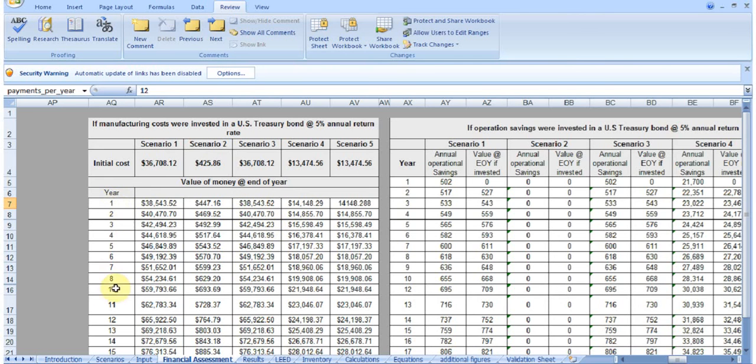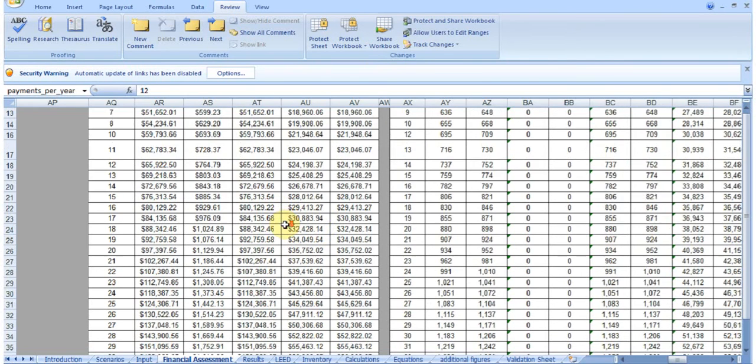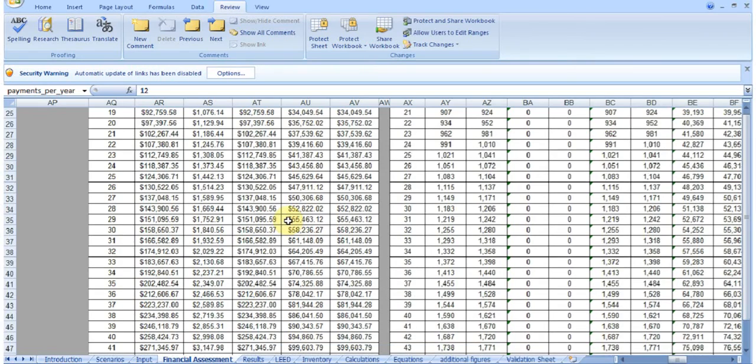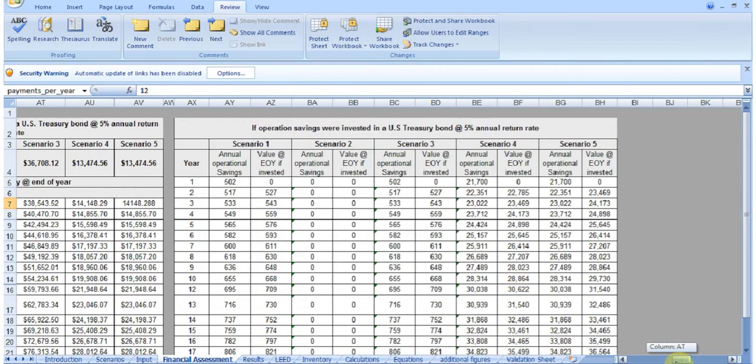This is your year. These are each scenario, the money that it would cost, and then as you can see, this is your base. This is your base, and this is the 5% after year 1. So this gives you a little bit of perspective of your opportunity cost from implementation versus investment. Moving on to this chart